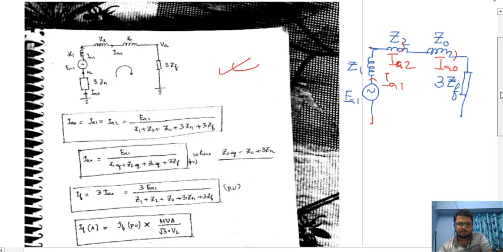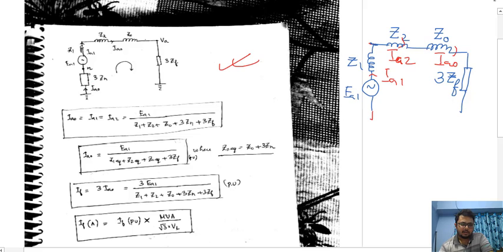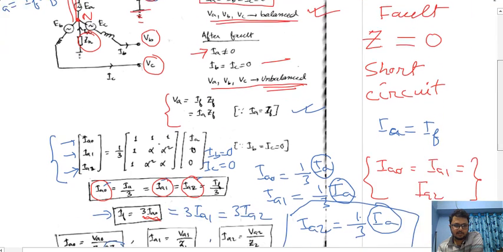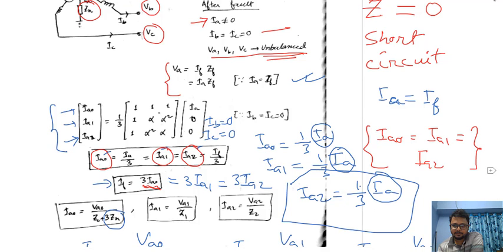Now see what the voltage is. We connect voltage only in the positive sequence, it is EA1. IA0, IA1 and IA2 are equal, as we have already seen. How many sources are there? Only one source, EA1, divided by Z1, Z2, Z0, 3 ZF and 3 Zn. So this much is the current flowing. And what is the value of the fault current? Fault current is 3 times of this.